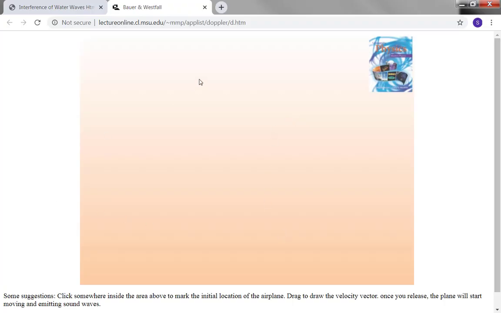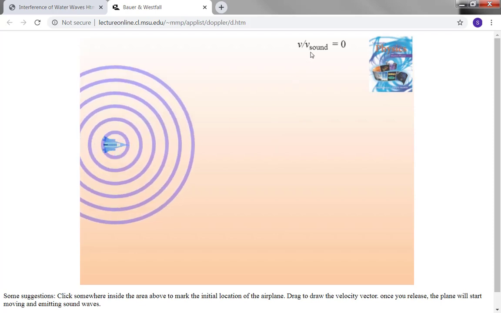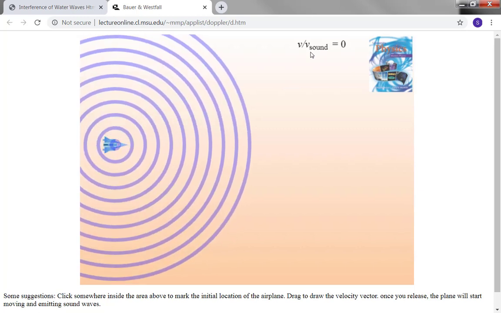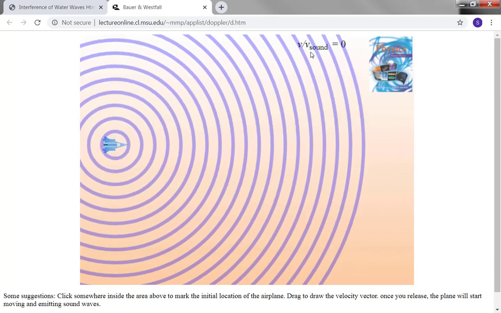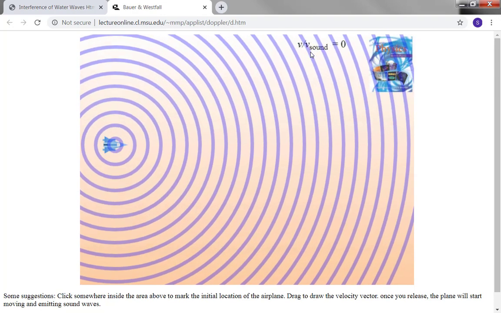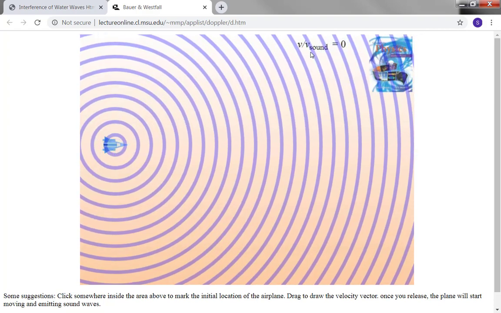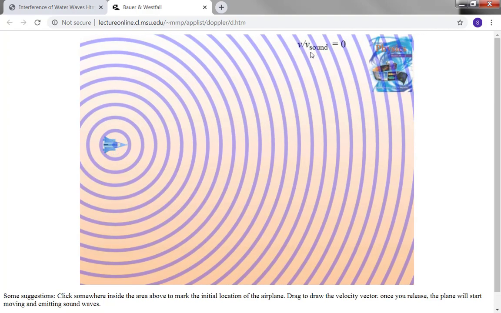So on this website, what we have is an airplane. Up here in the corner, it tells you the ratio of how fast the airplane is moving relative to the speed of sound in the simulation. Right now it's at 0 because the airplane is not moving. And you can see the airplane is producing sound as illustrated by these purple rings. Right now, every portion of those purple rings is equidistant from the one next to it, showing that no matter where I stand relative to this airplane, the frequency I'm going to hear is going to be the same. You can think of those purple rings as representing the crests of the sound waves coming out of the airplane,